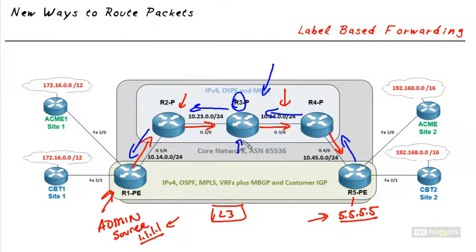Instead of using the layer 3 IP information to make forwarding decisions, why don't we give the routers something less to think about so they don't have to do all that processing? And that's